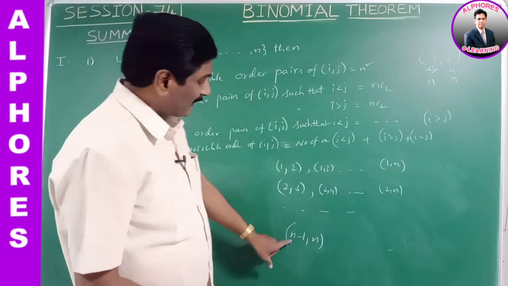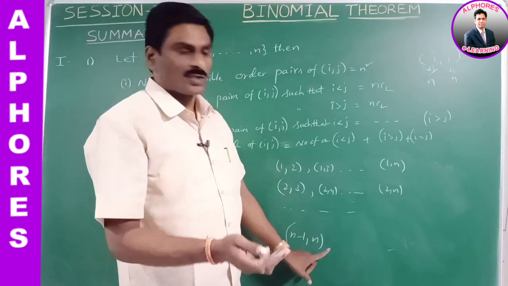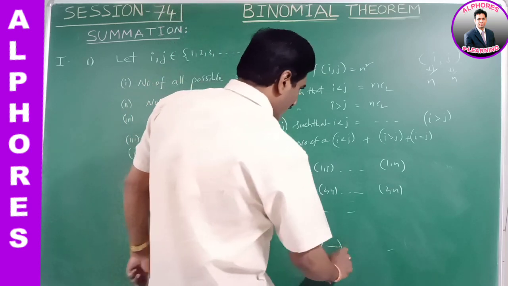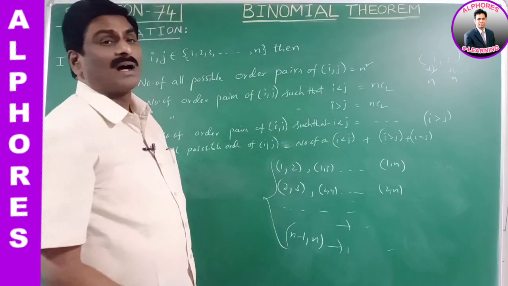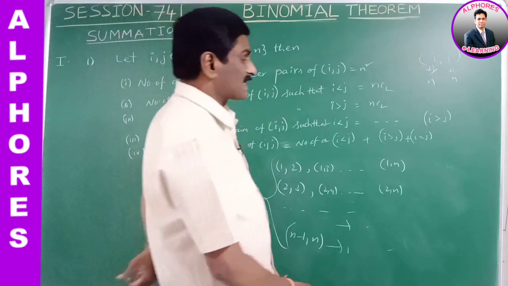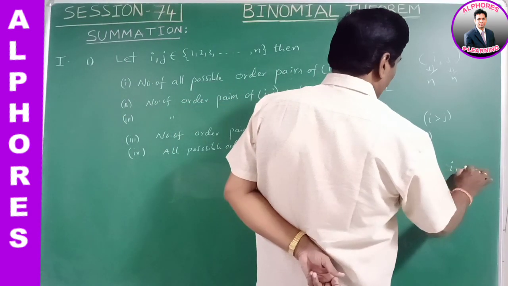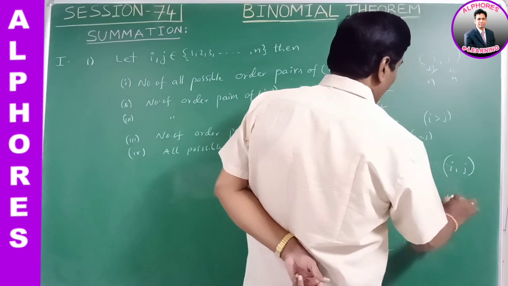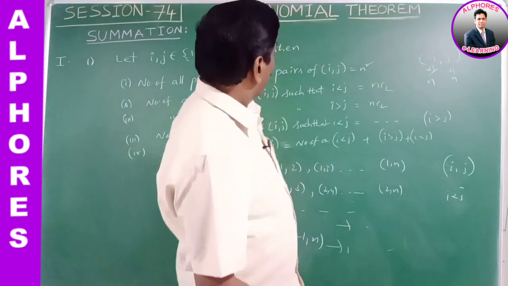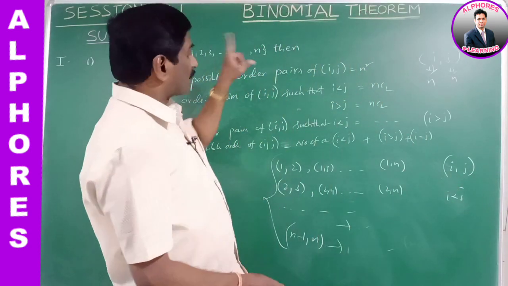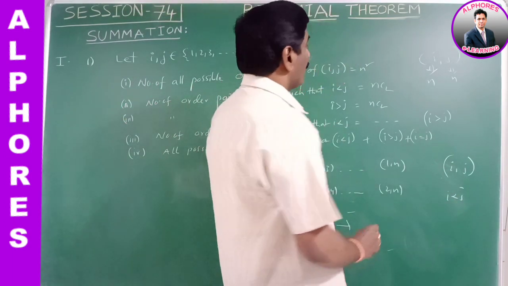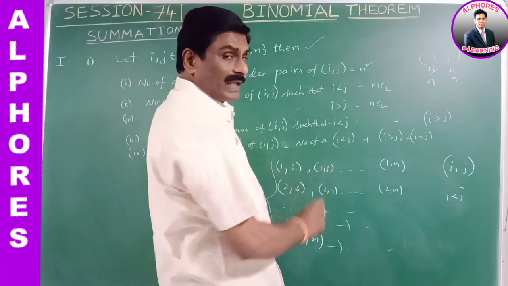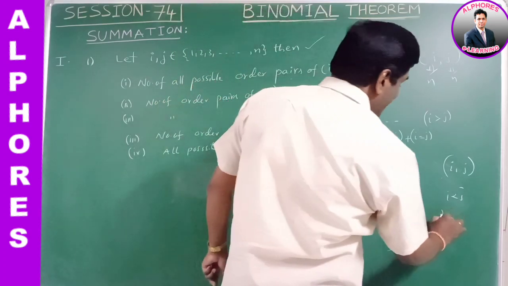Suppose i starts with n, there is no term more than n. So n, n. In this case it is 1. In this case we find some possibilities by using combinations. Please observe this value. i, j is the ordered pair such that they are in a specified order, i less than j. In this case, we select two things such that they are in a specified order. That means combinations. The total number of things available is equal to n. We select two things. That means nC2 possibilities.